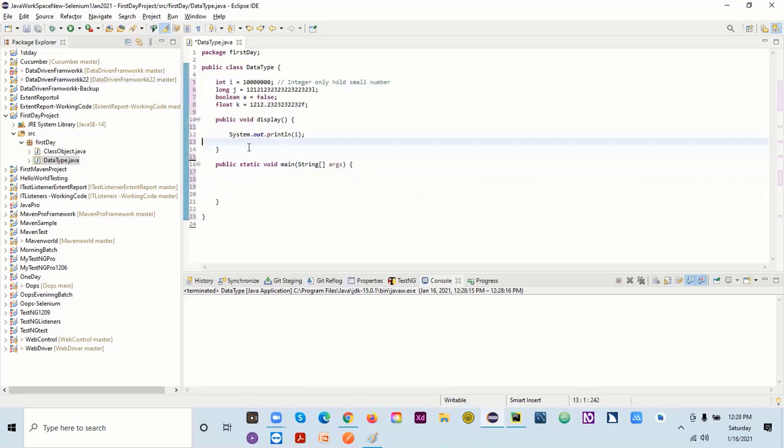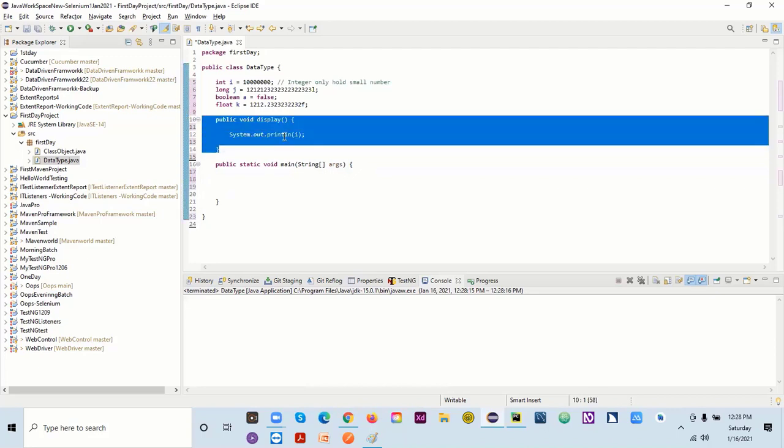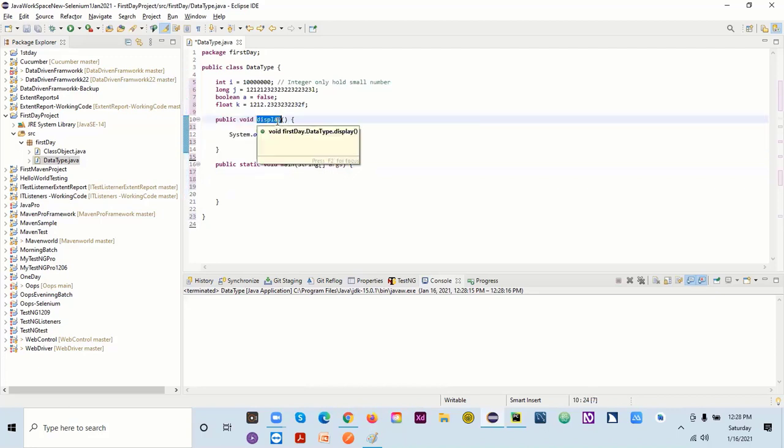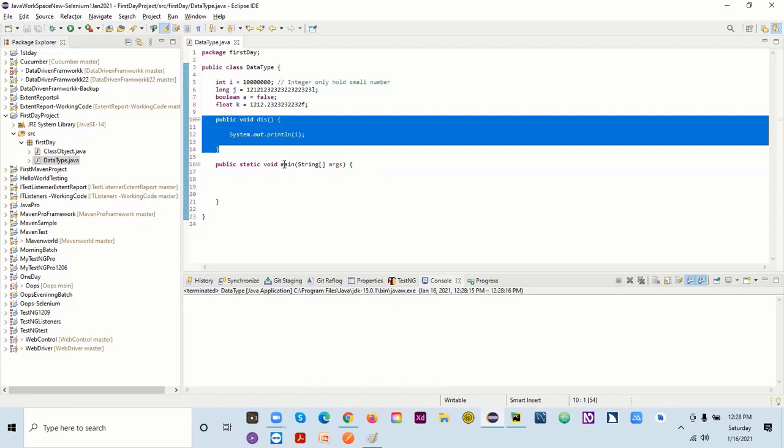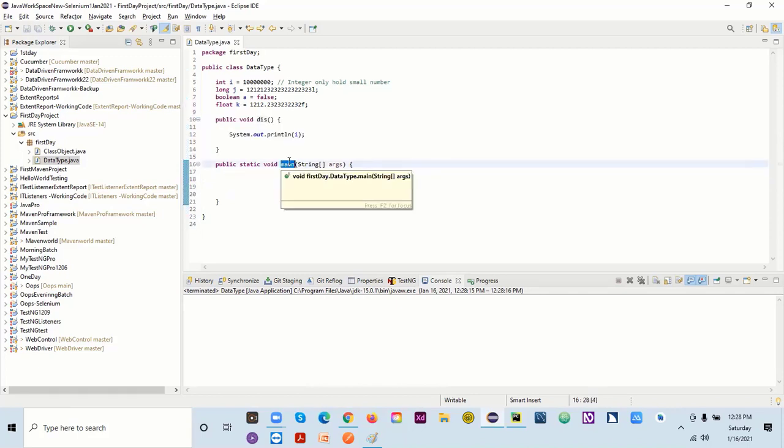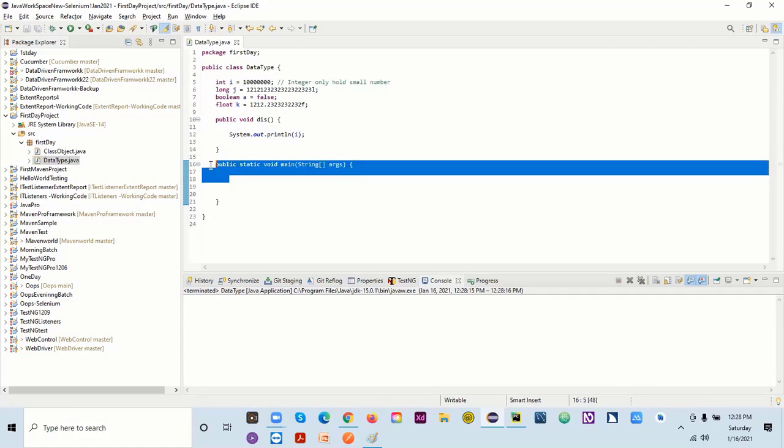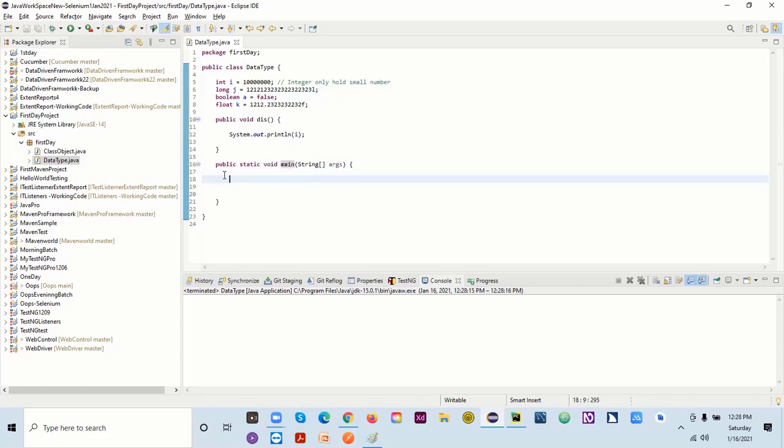We created one user defined method, because I can have any name here. I cannot change this main one; if you change it, it will not be considered a main method. The main method is the method from which your program will execute. Here I didn't write anything, and that's why it's not printing anything.